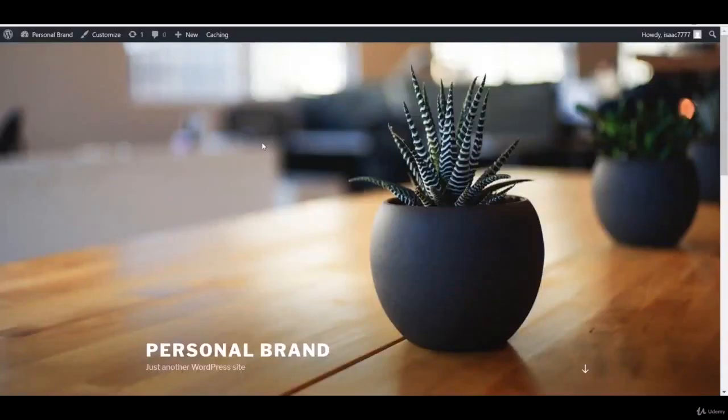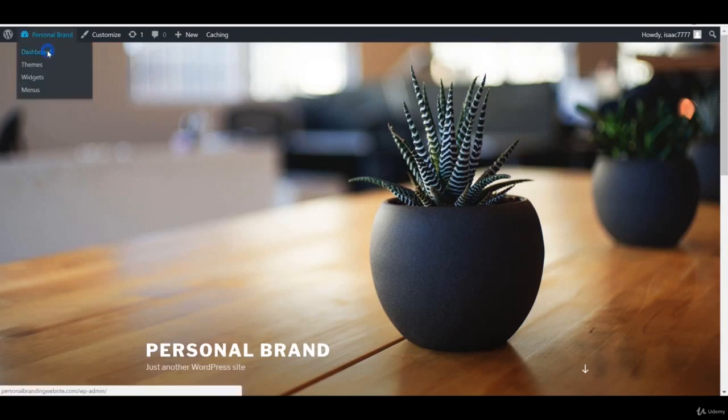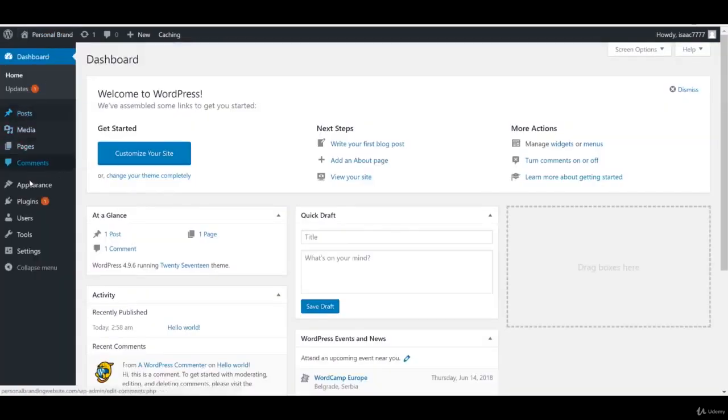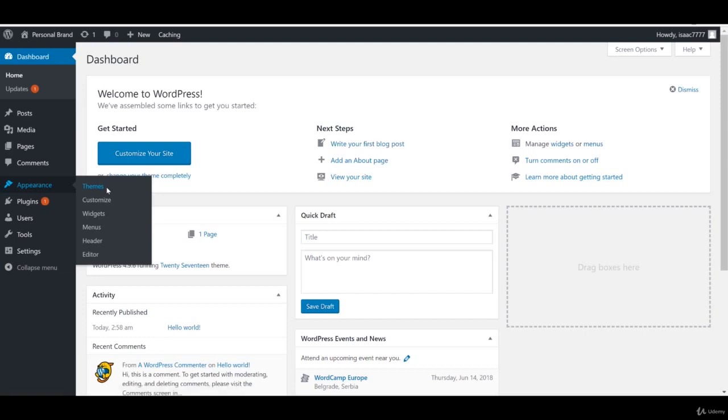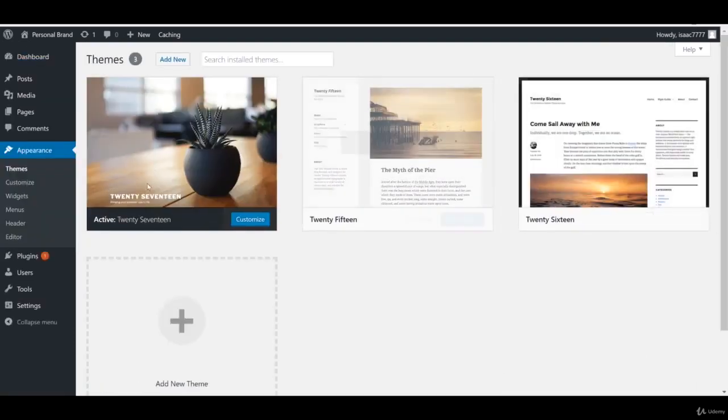Alrighty, so the first thing we're going to need to do is actually go through and install this free theme that we're going to be using as a base for building our website. So what we're going to do is we're going to go back to here and we're going to go to dashboard, and then we're going to go to a section called appearance themes. Now this is where we go through to install